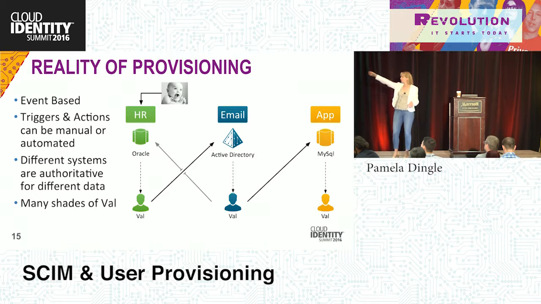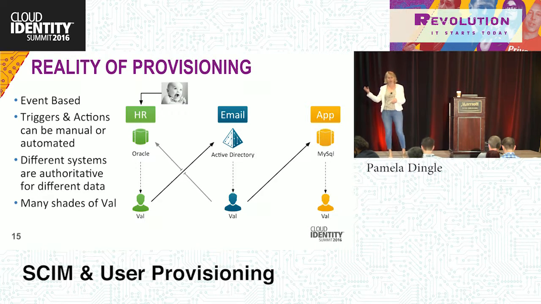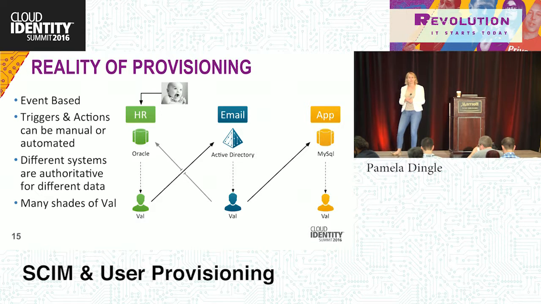It gets pushed up to the IT system where they decide they want to create an email address for Val, right? And boom, there's a new version of Val that's created that's related to the first but not identical, right? Now Val has an email address. The email address is not owned by HR. HR didn't create it, IT did. And then once Val exists in Active Directory, chances are some portion of what's in Active Directory is going to push out to an application.